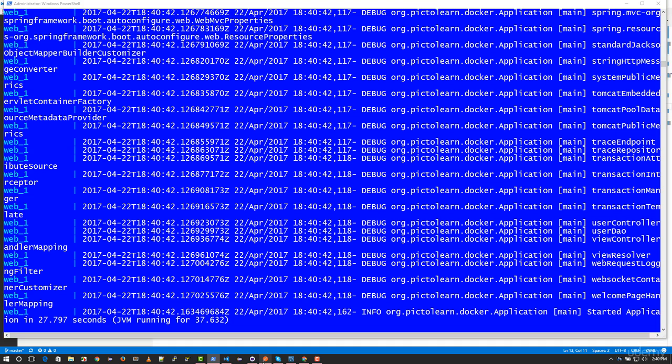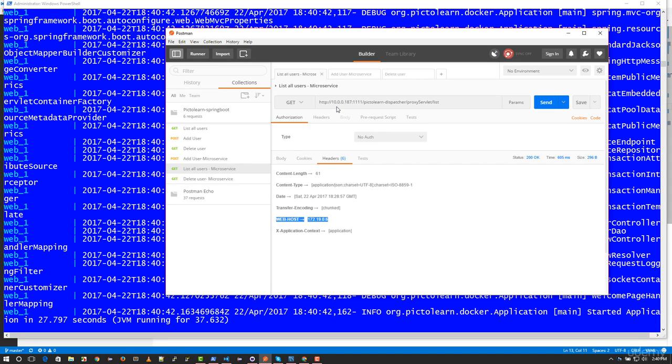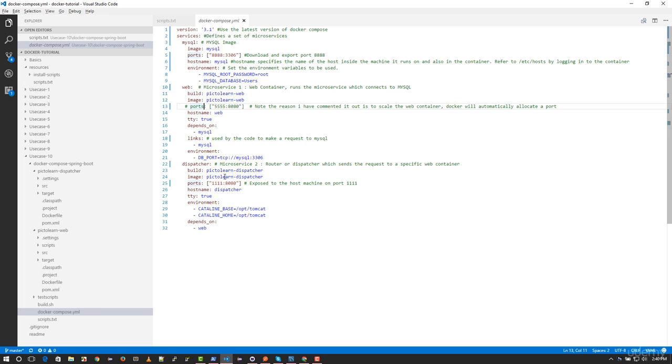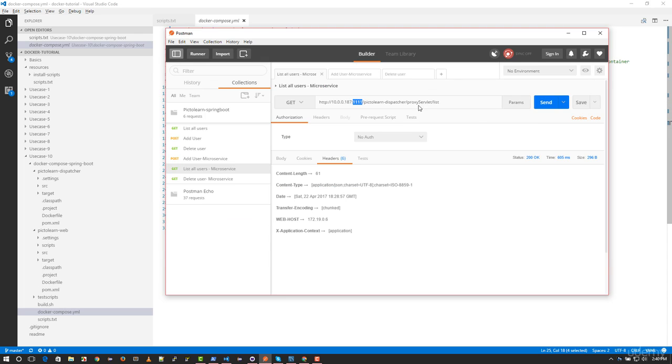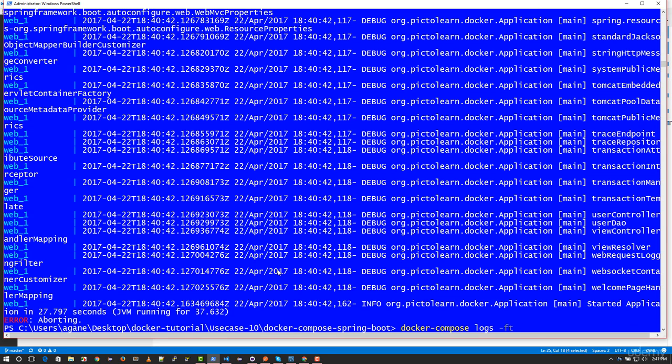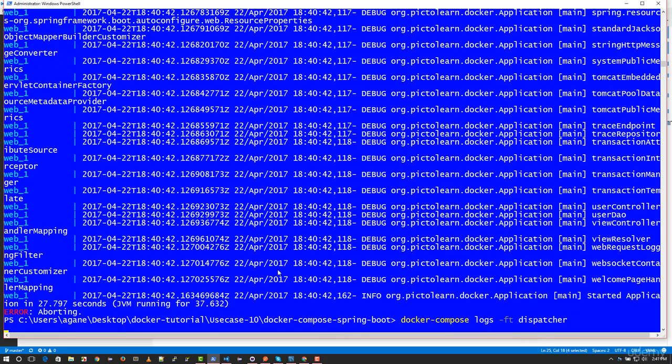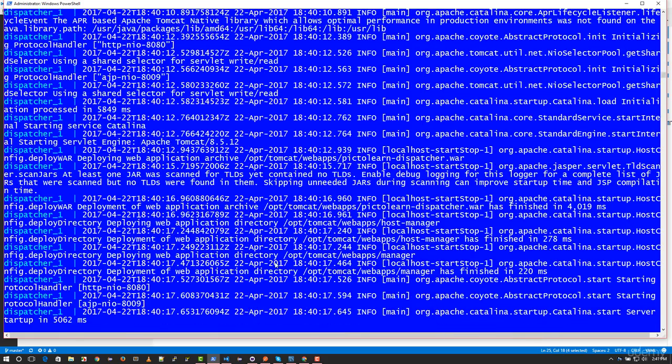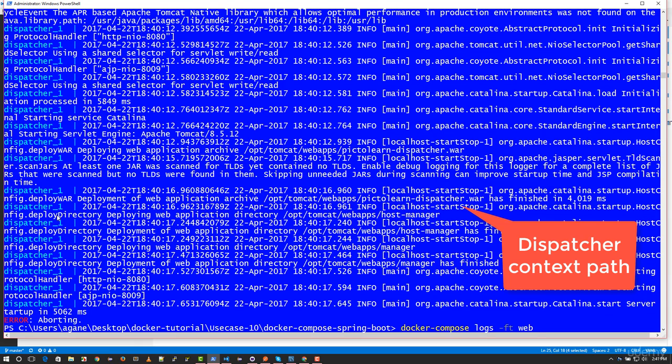So I'm going to go to Postman. First thing to note here in Postman is I'm using the Docker machine's IP, and then the port is defined by the dispatcher port, as you can see 1111, and then I'm using the context path of Pictolearn-dispatcher. What I mean by that is if you go into the dispatcher's log, you will see the context path is Pictolearn-dispatcher. It says dispatcher here. If I go back to web,